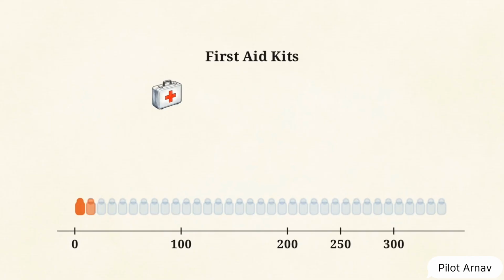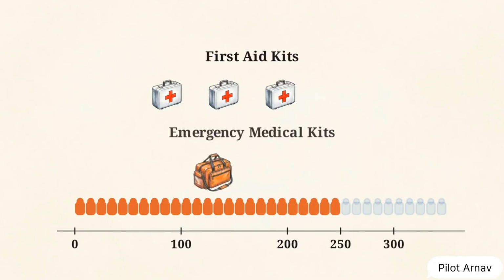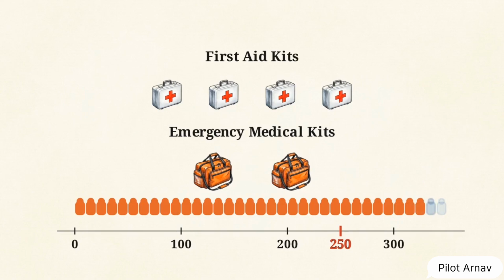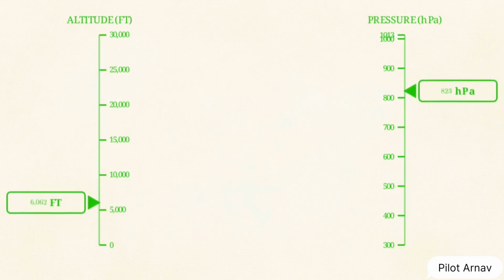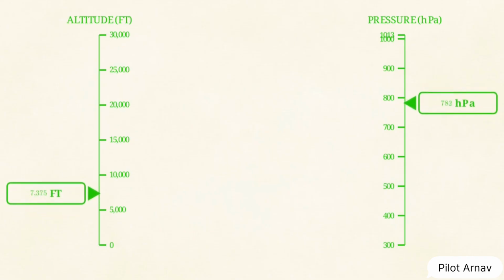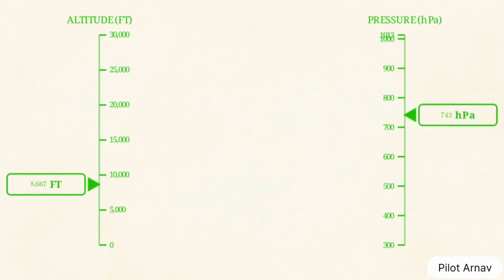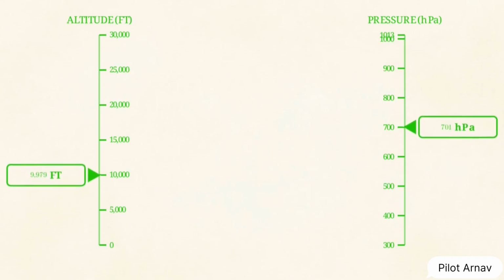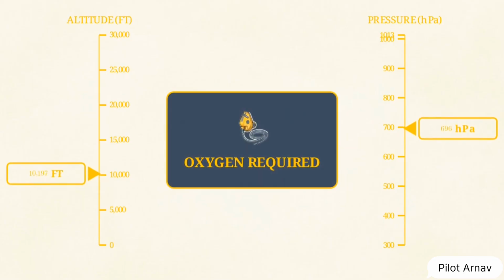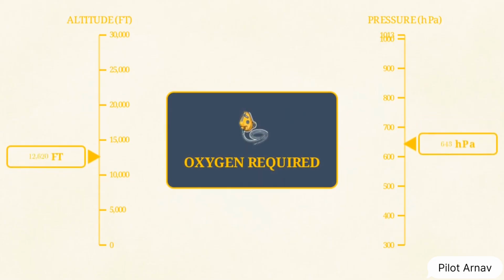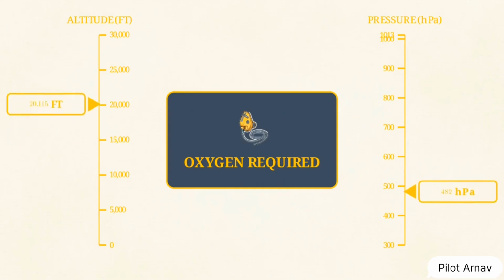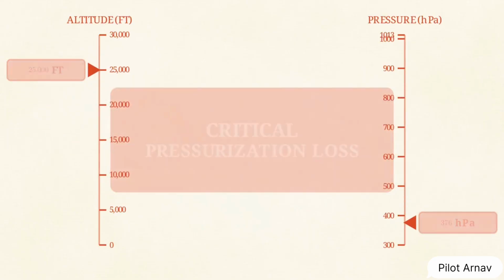First aid kits are scaled to passenger capacity, 1 kit for up to 100 passengers, 2 for up to 200, and so on. Aircraft carrying more than 250 passengers must also be equipped with 2 emergency medical kits. Oxygen requirements are based on absolute pressure. At 10,000 feet, where pressure is 700 hectopascals, supplement is required. If pressure drops to 376 hectopascals, equivalent to 25,000 feet, a critical warning alert is triggered to signal a dangerous